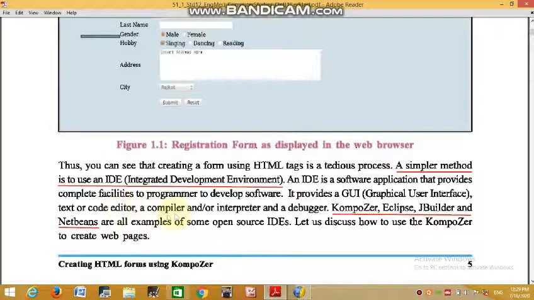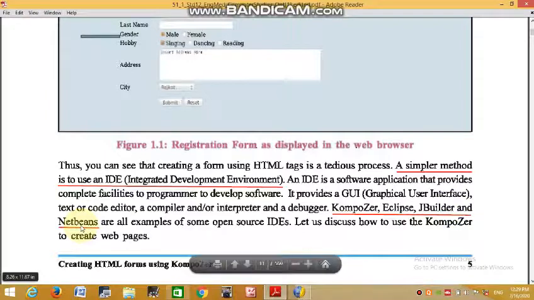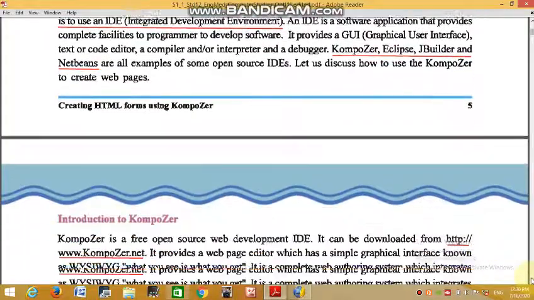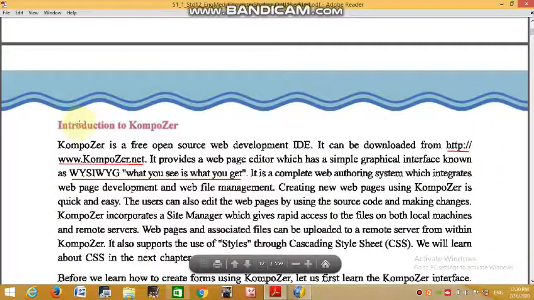It has a text or code editor, compiler, interpreter and debugger. Here are some examples of IDE software: Composer, Eclipse, JBuilder and NetBeans. There are four examples, but we will discuss the Composer program. Introduction to Composer.